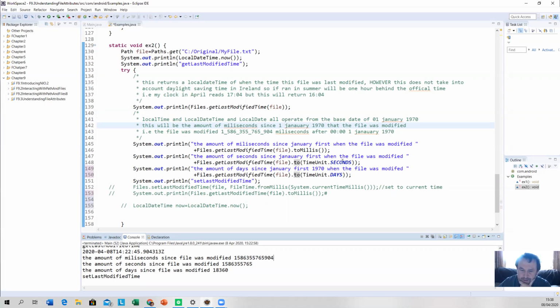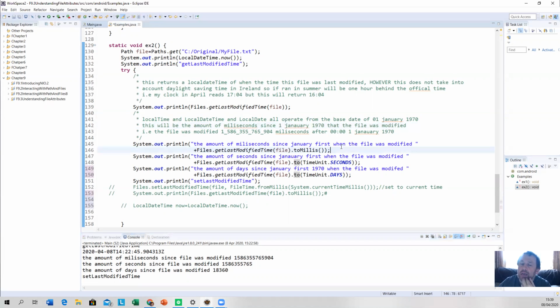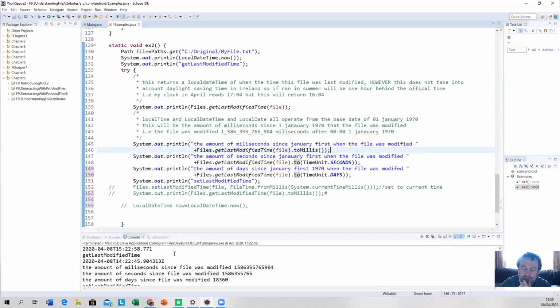Now yesterday all we did was we finished off at get last modified time. Now what get last modified time will return, it will return the time the file was last modified. All right, so if I make a change to the file,